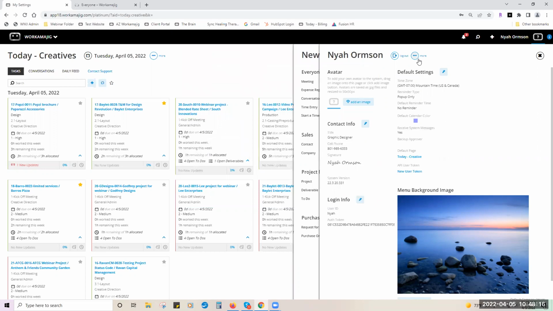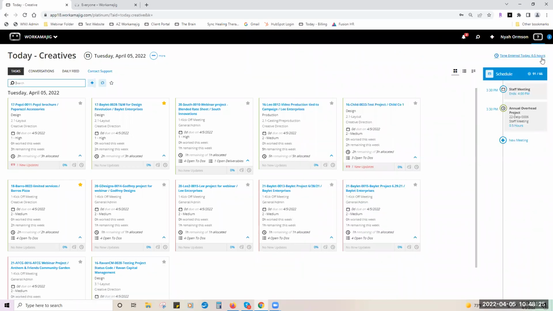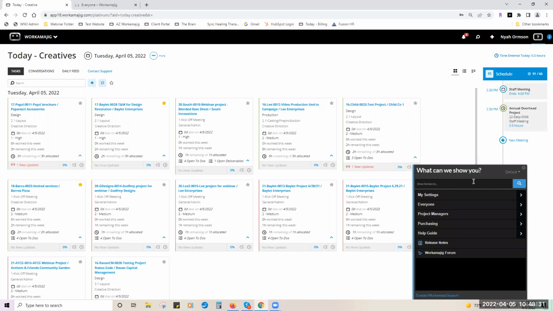Okay. That pretty much covers everything under the more button. So I'm going to come back here to the left. And the other thing I wanted to show you was this interactive walkthrough. Once you click it, it's going to bring a box down here. And based on what your security group rights are set at, then you can come in here and say,